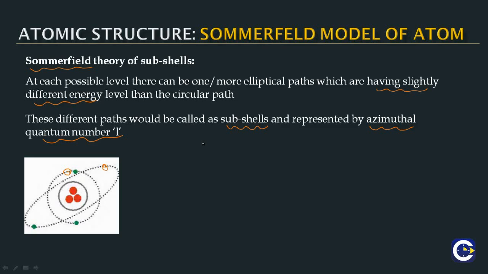So this is Sommerfeld's explanation for the splitting of the spectral lines when seen by the high resolution spectrometer. But then there are further observations of splitting of the lines in the presence of a magnetic field and in the presence of an electric field, and that is what is observed in what we call the modern structure of the atom, which is later modified into the quantum mechanical model of the atom. So in a later video we'll be able to take a look at it.